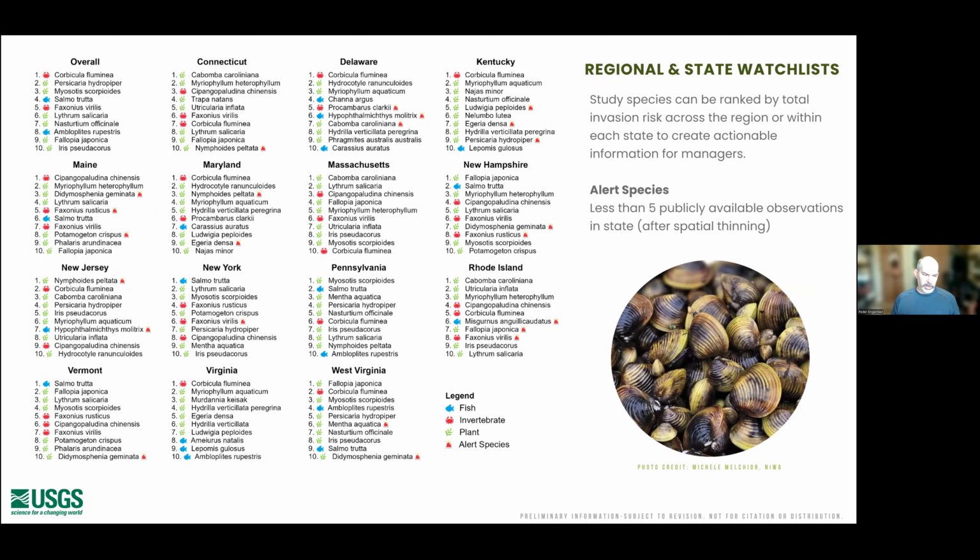The other, non-spatial way that this information can be summarized is through regional and state watch lists, or really any focal area. So here, just showing an example. I know there's a lot of text on the screen, apologies if you're squinting, but essentially this is one way of creating what I was describing before, the ranked risk lists, and that's just taking the average risk score by some focal unit.